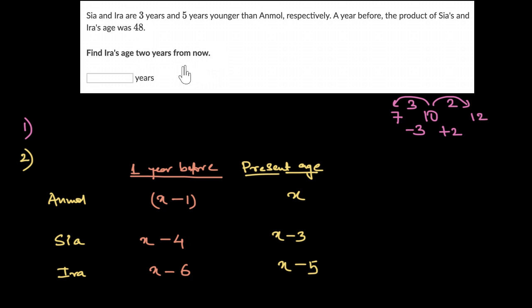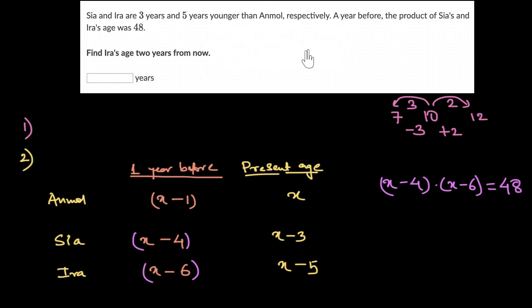A common mistake that all of us would make at this time would be to take the product of their present ages. But that would be wrong. It clearly says that we have to take the product 1 year before. So basically, X minus 4 times X minus 6, this is equal to 48. Not X minus 3 times X minus 5 is equal to 48. That would be wrong. So this is the correct mathematical equation that we get once we interpret the